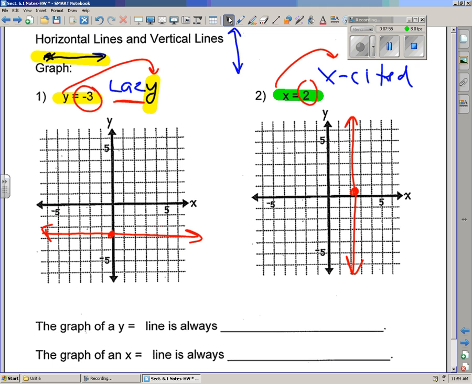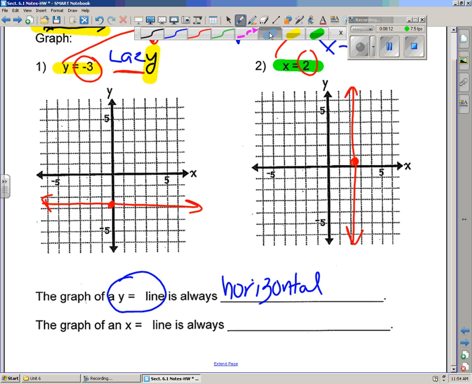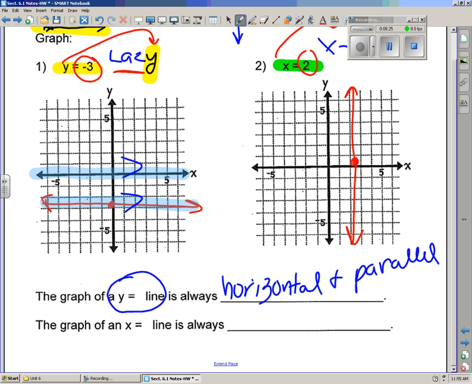Okay? What's interesting to know is that, well, not really interesting, but you can probably tell, y equals lines are always horizontal. And if you take a look at where this line is parallel to, this lazy line is parallel to the x-axis. These lines will never intersect. That's a symbol for parallel. So y lines are horizontal and parallel to the x-axis,